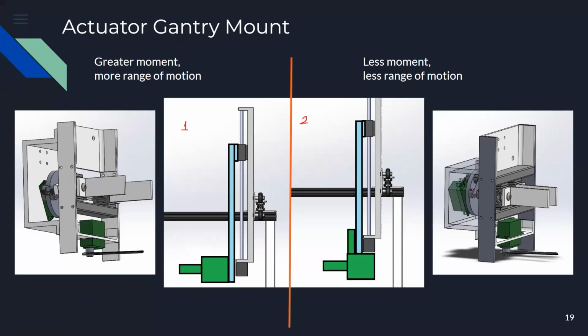For the mechanical side of the actuator team, we were evaluating 2 gantry mounting options. On the left is an option where there's a greater moment on the gantry, but it allows for a greater range of motion for the actuator to move up and down. On the right, the configuration produces a smaller moment on the gantry, but it results in a smaller range of